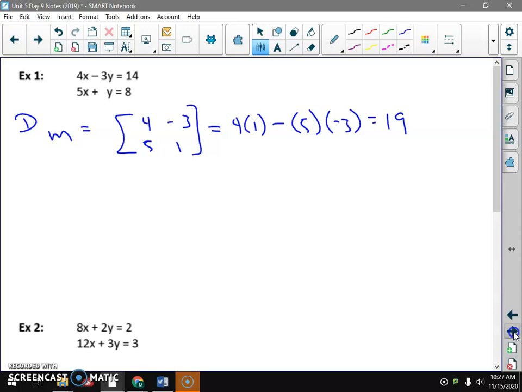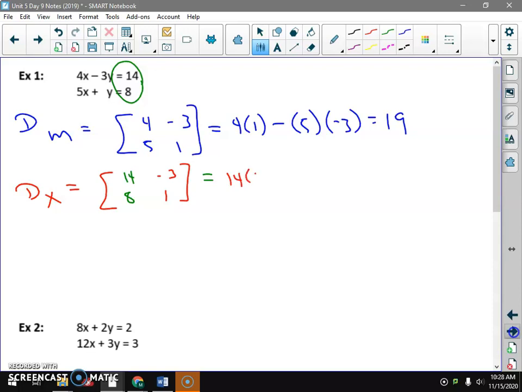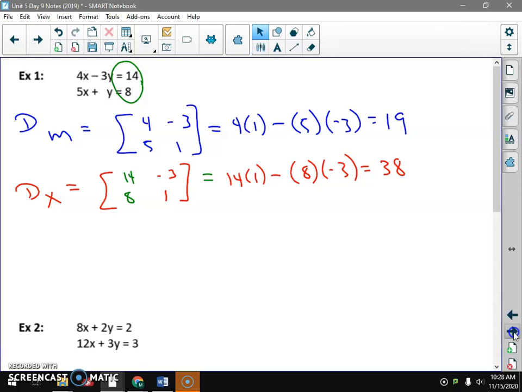All right, let's do Dx. Dx kicks the x's out and keeps the y's, the negative 3, 1. And what does it do? It replaces the x coefficients with the answers. And we're now going to find that determinant. 14 times 1 minus 8 times negative 3. 14 plus 24, 38. And then our last one, Dy equals, y kicks out the y's, so we keep the